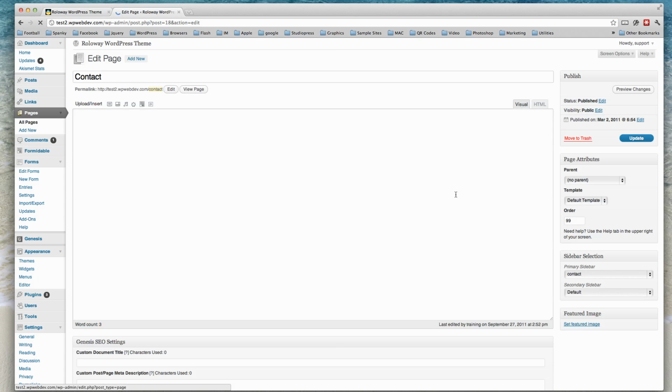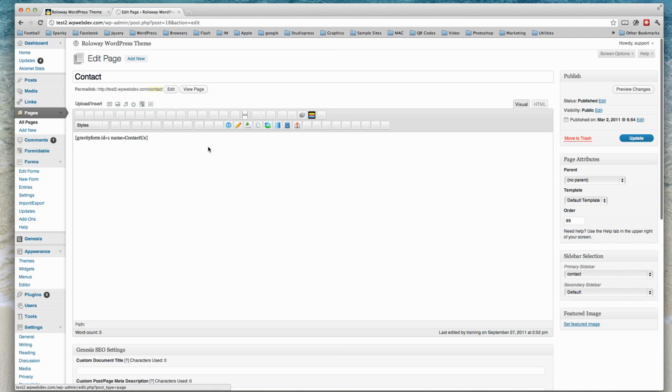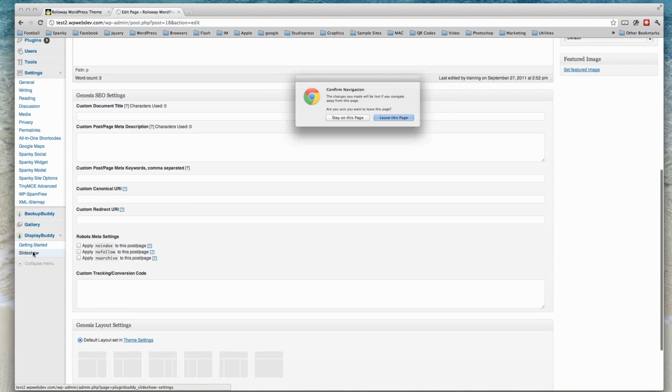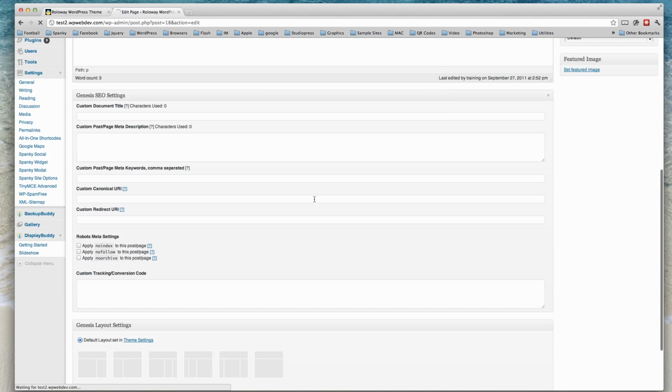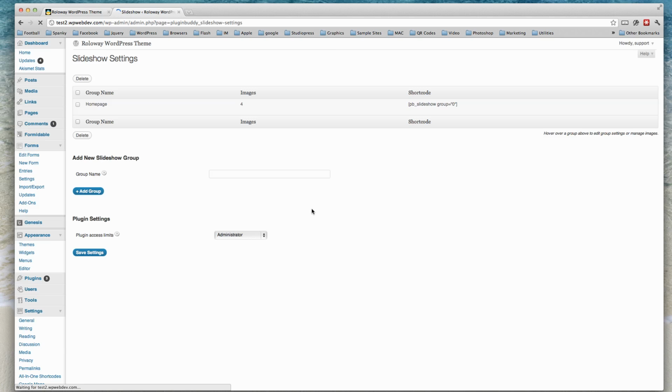So we can now insert this code into our contact page if we like. So we're going to put it above the form. Whoops. We don't have that code anymore because we've copied that one. So what we're going to do is go back to our slideshow. Leave this page, we don't want to save those changes. Alright, so we're going to copy this shortcode,